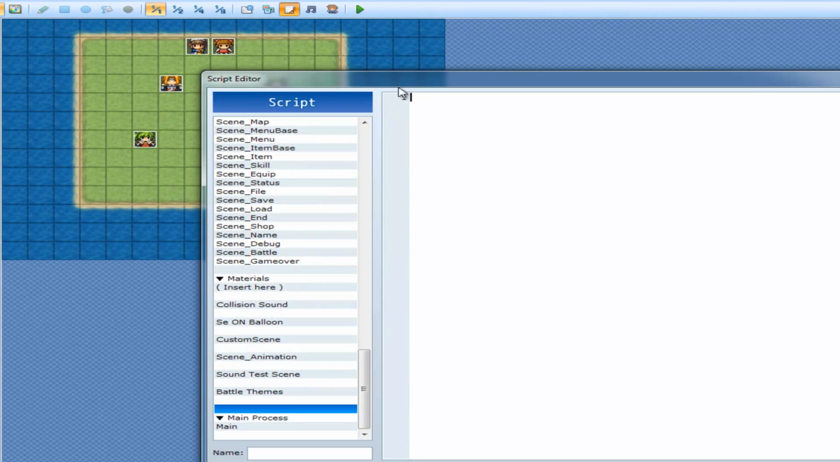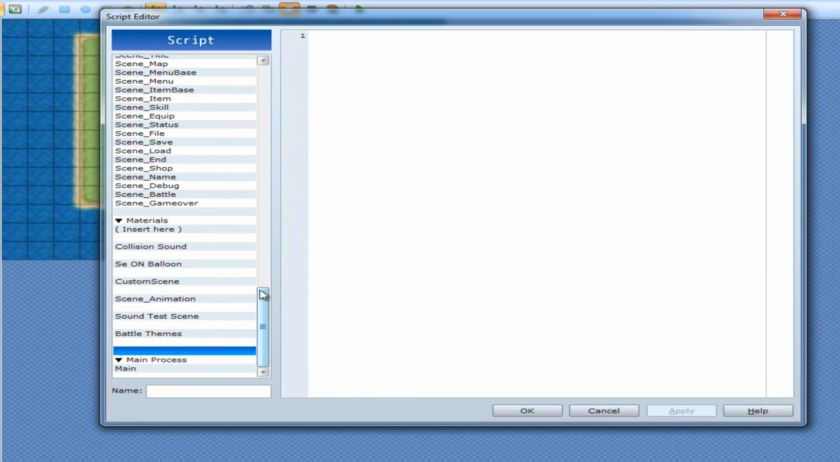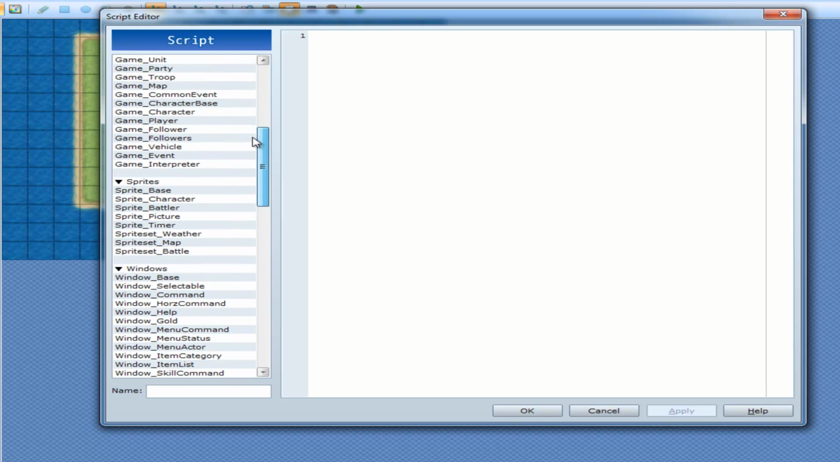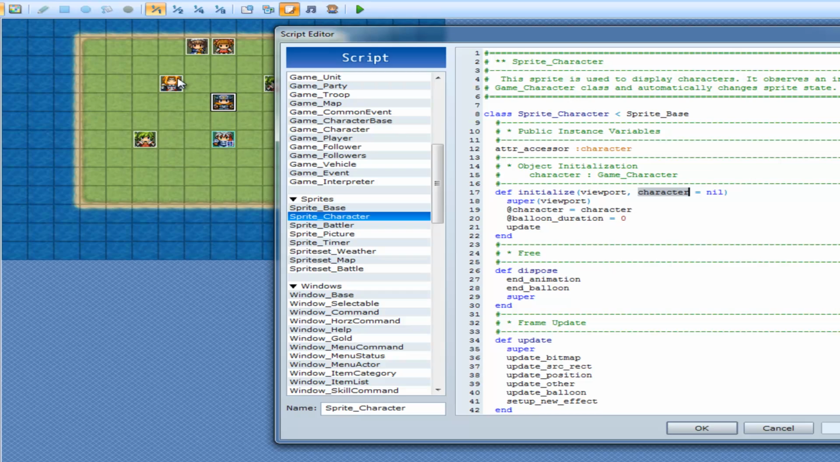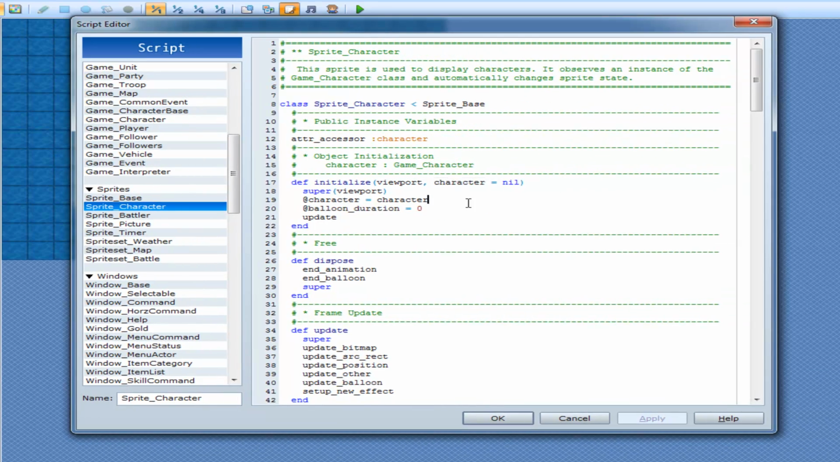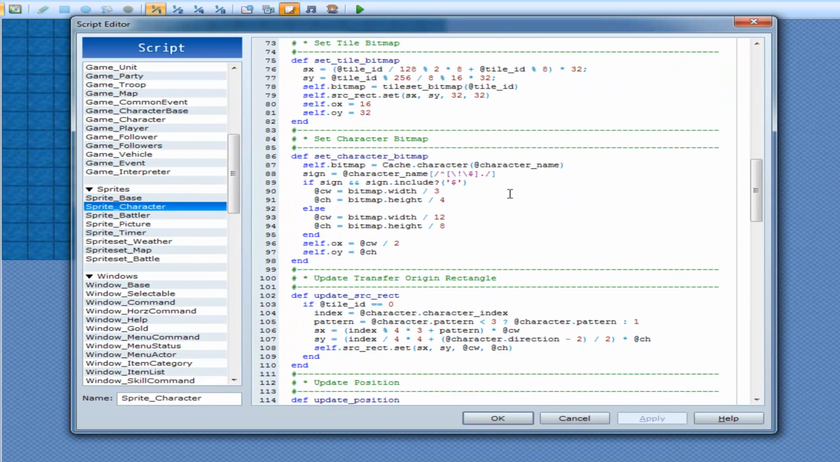So, bring this back up. This class that I'm talking about here is sprite_character. And as you can see in its initialize method, it takes in a character variable, which is actually the event itself. Okay? And if we find somewhere,